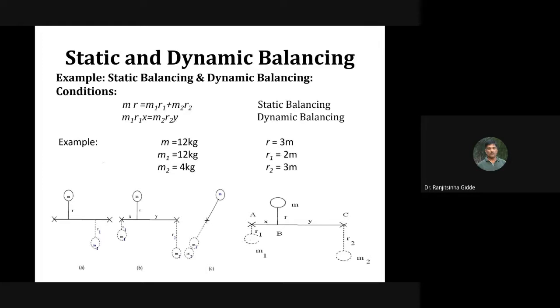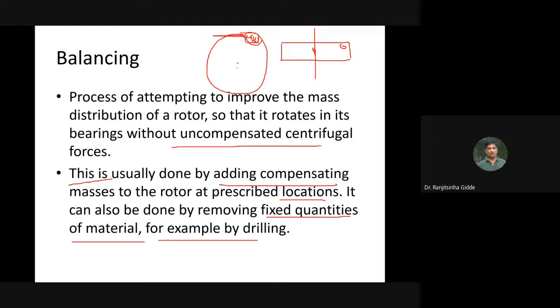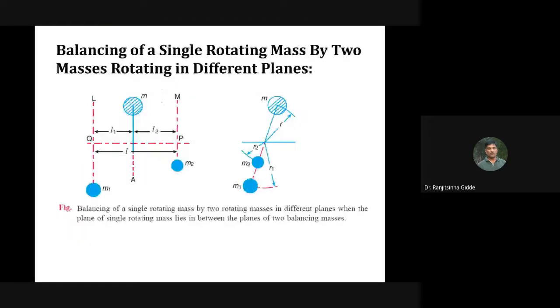This is only for your understanding. Difference between static and dynamic balancing. So before that, I would like to show